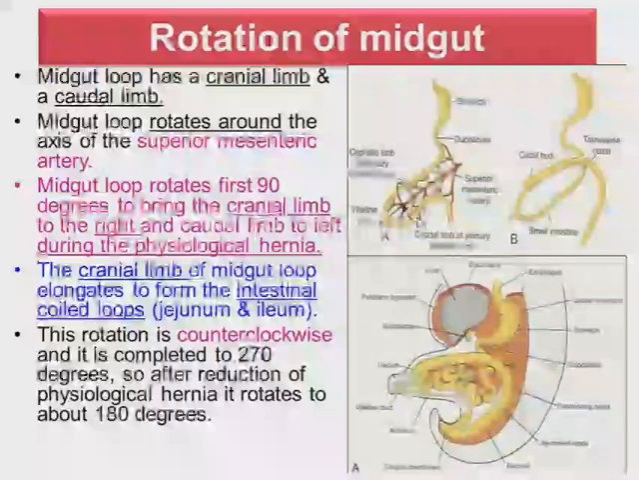anti-clockwise to bring the cranial limb to the right and the caudal limb to the left, during what is called the physiological umbilical hernia. The cranial limb of the midgut elongates, forming the intestinal coiled loops, which are called the jejunum and ileum. This rotation is counterclockwise and is completed to 270 degrees after reduction of the hernia. So it is rotating about 180 degrees